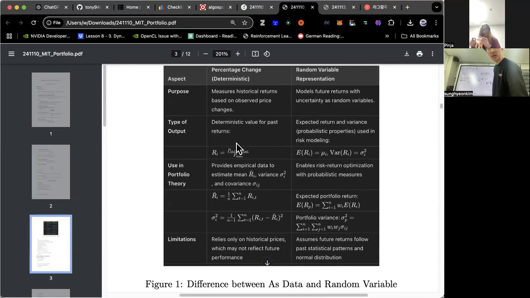In some Markowitz portfolio lecture notes, it defines return and variance as random variables. In others, it sometimes represents return as a historic value. There is some difference if you define it as a random variable or as a percentage change. So we can consider both by